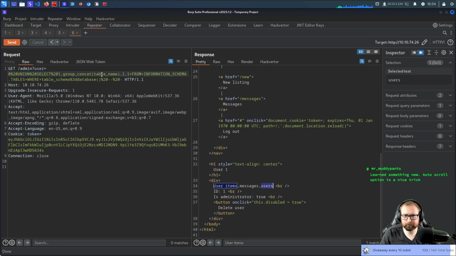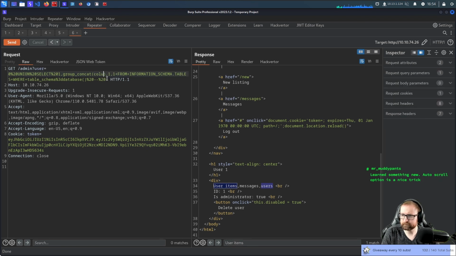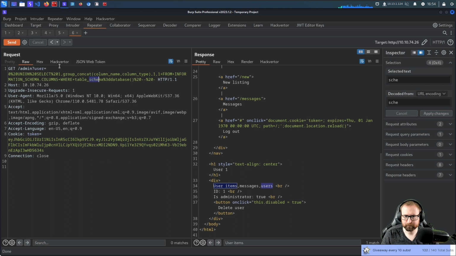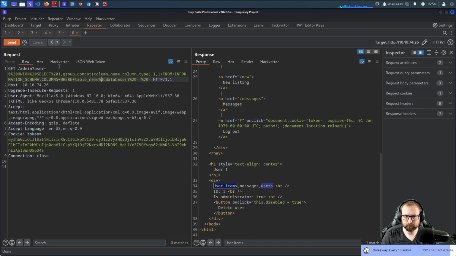So now we're going to do group concat, column name, column type, from information schema dot columns, where table name equals users.